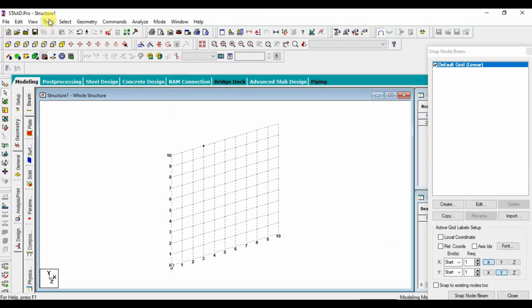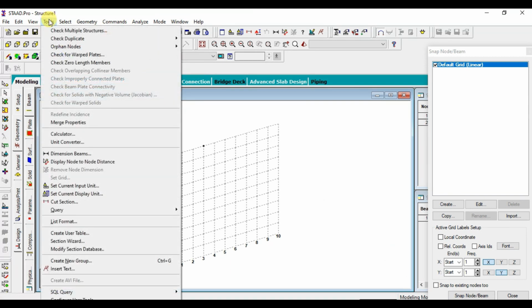Next one is tools. This is very important because whenever you make a model, you can check the model with this checklist. We are using so many nodes, beams and plates, and whether all of them are connected together, we can check with this checklist.